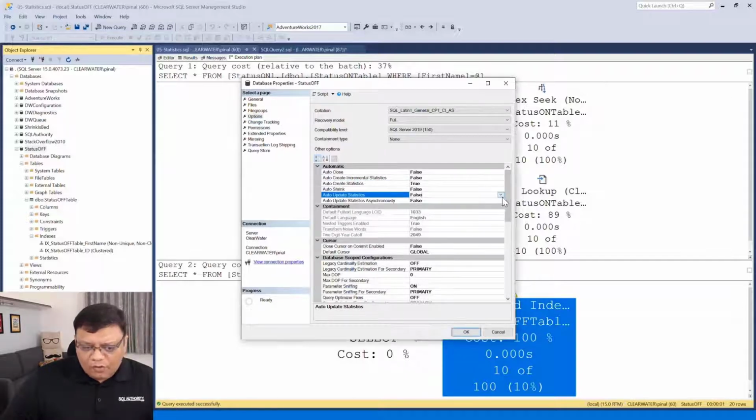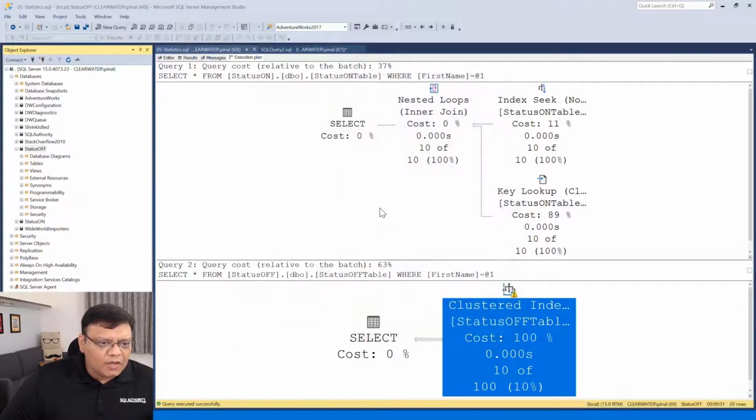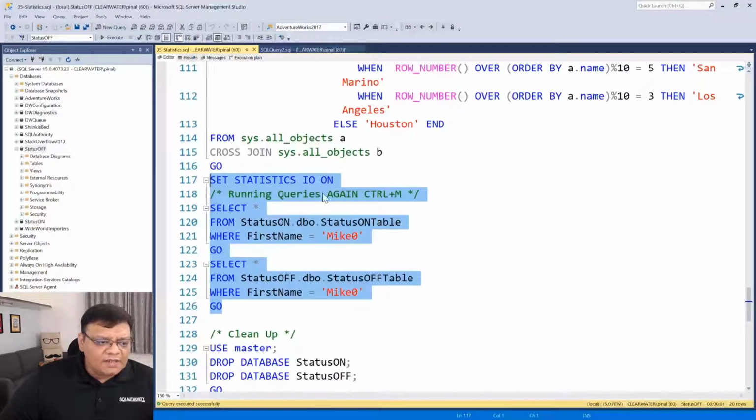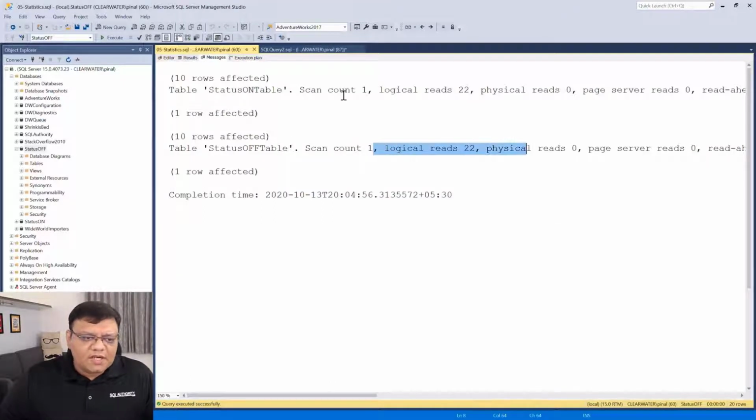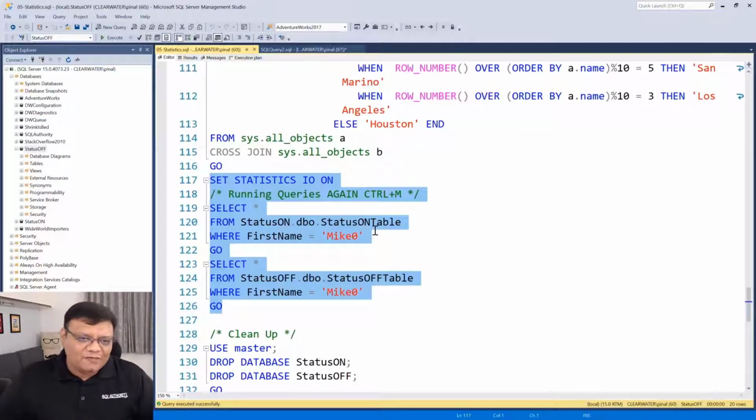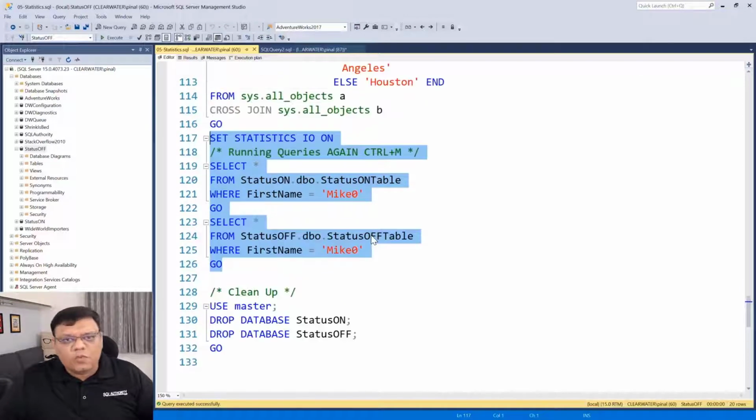Now, a couple of people are already writing about this one, and I know your question, so I'll answer that in a second. But before I do, let me change both of these to true, and let me hit OK. Now after I did that, let me execute these queries again. As soon as I execute this query, see over here, both of the execution plans are identical. In fact, logical reads are once again the same amount. We didn't see it before, but I'll share the demo scripts with you. It was 55 before, but we didn't see that one because I moved a little bit faster. No worries, we can recreate this very quickly and I'll show you.